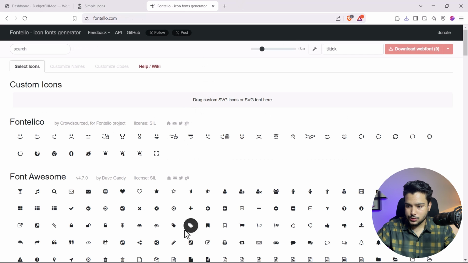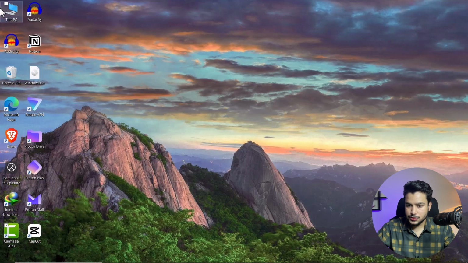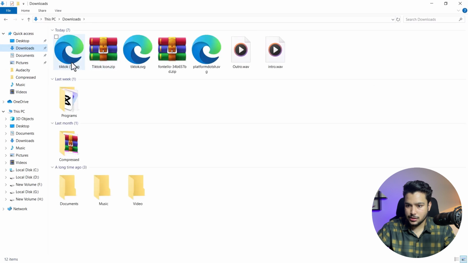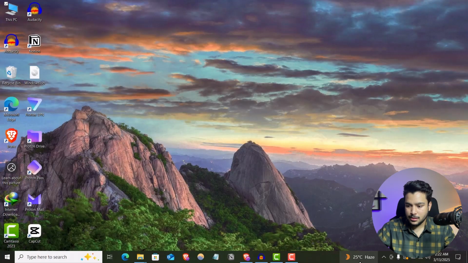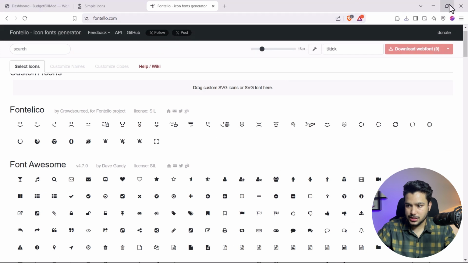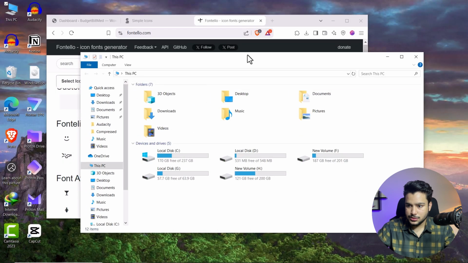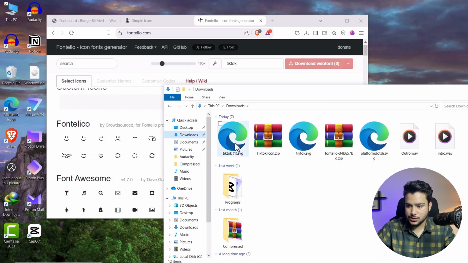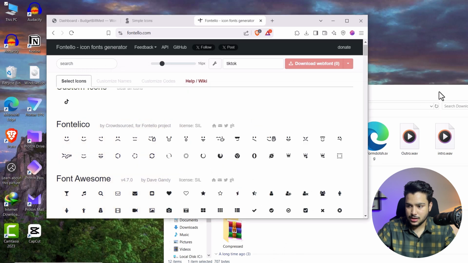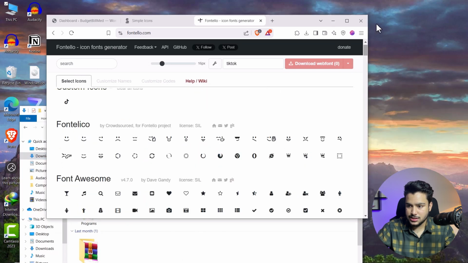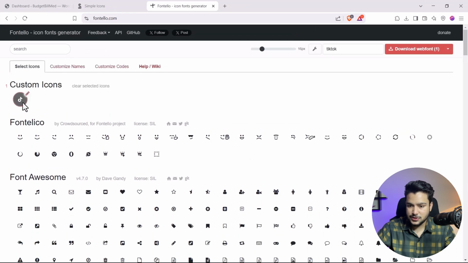So if I go to my memory, let me show you. From this panel, this is the TikTok icon that I have downloaded. I have to upload it to the website, so I have to upload it here. Let me do it. This is the icon that I will need to upload. I drag it right here, and once it is uploaded, I have to click on the icon